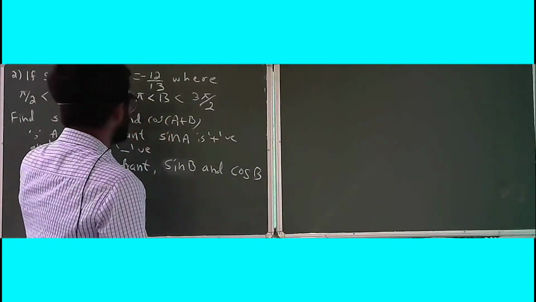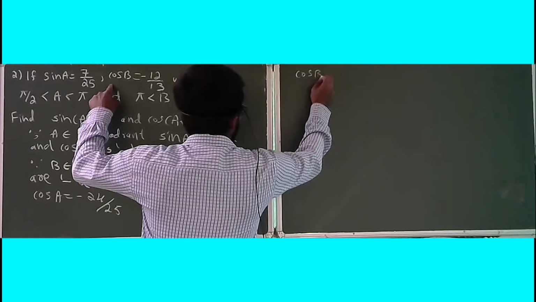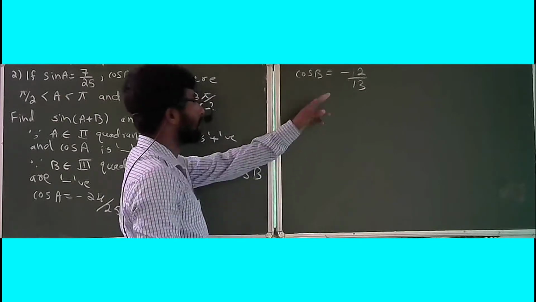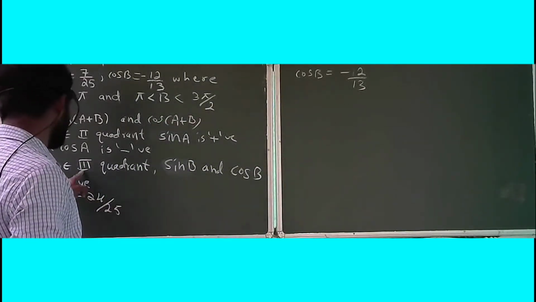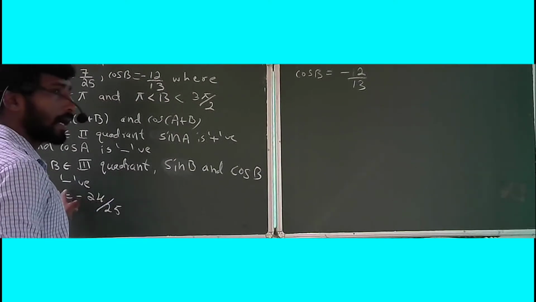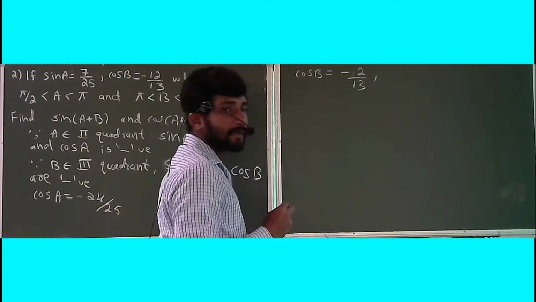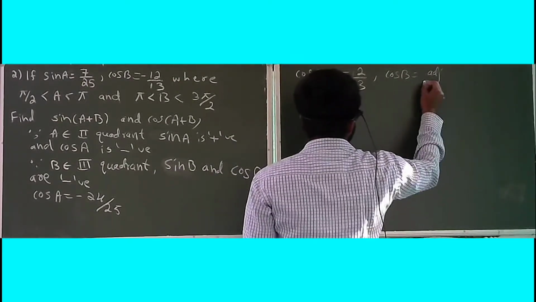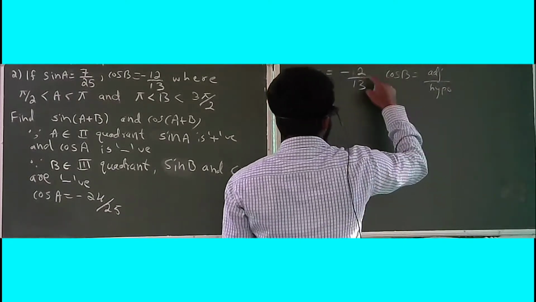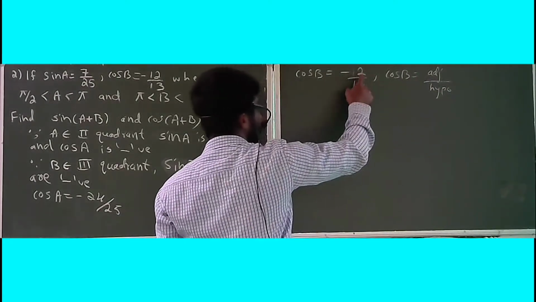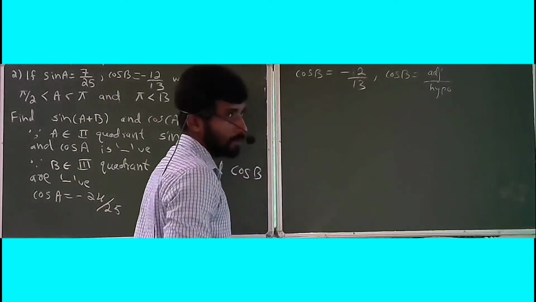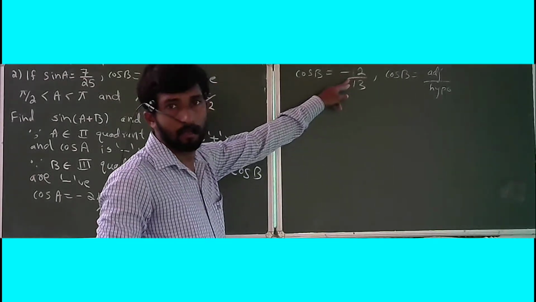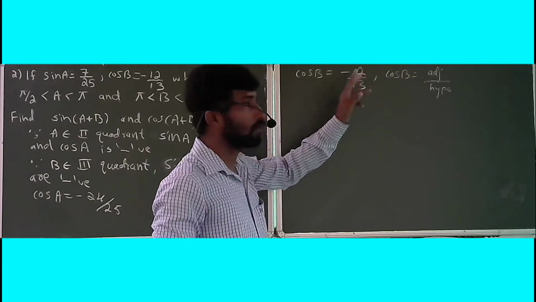Okay, use the second data. Second data is cos B, it's equal to minus 12 divided by 13. Here minus because angle B belongs to the third quadrant. In the third quadrant, both cos and sin are negative. Again see we have the formula cos B is equal to adjacent side divided by the hypotenuse side. By comparing, you can get adjacent length is equal to 12, hypotenuse length is equal to 13, because length is always positive. It's not possible to take adjacent length is equal to minus 12. Adjacent length is equal to 12 units.